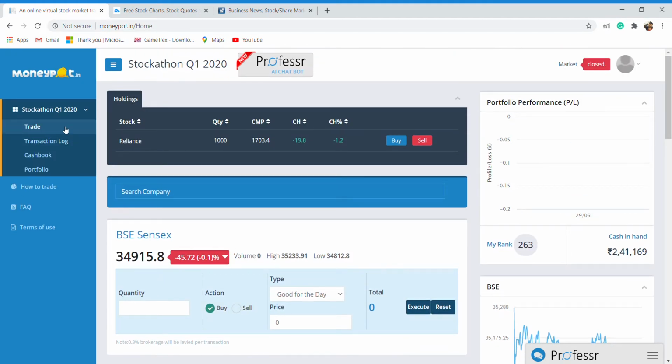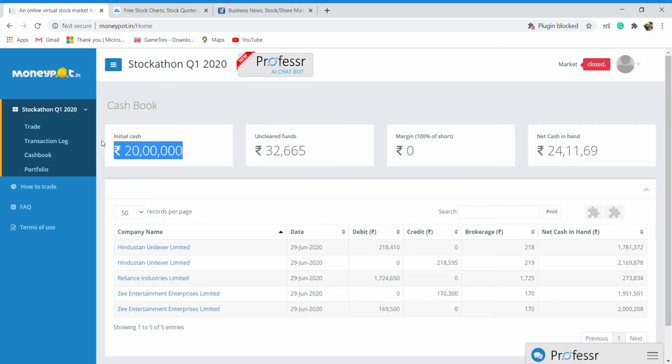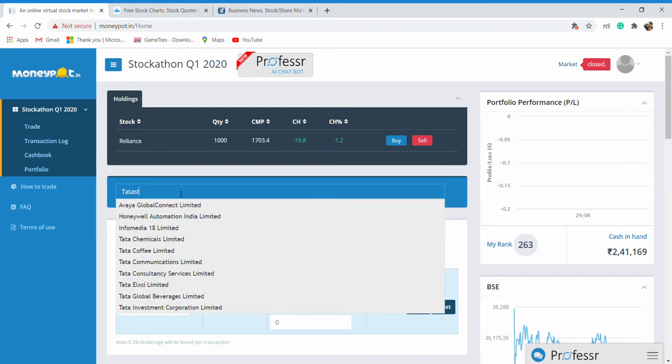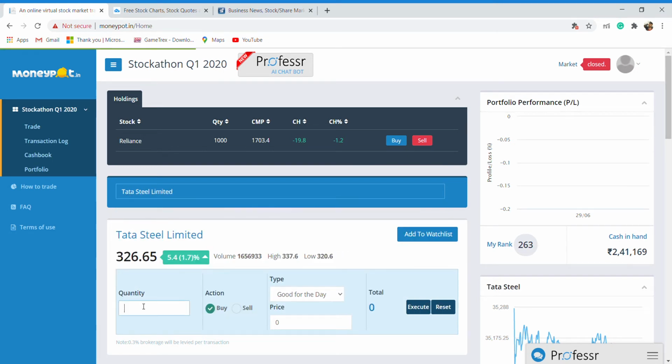First, you guys will get rupees 20 lakh as the initial cash to create a portfolio. If you want to buy a stock, I am giving you an example. For example, Tata Steel. If you want to buy some 500 quantity in the Tata Steel, here you can find two options, like good for the day, good for the week. If you are feeling like the stock will perform for a week, you can go for this. Otherwise, if you want intraday or something, good for the day. Both have not much difference, just for your reference.